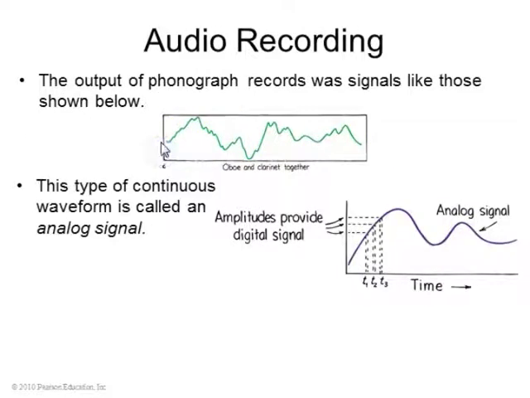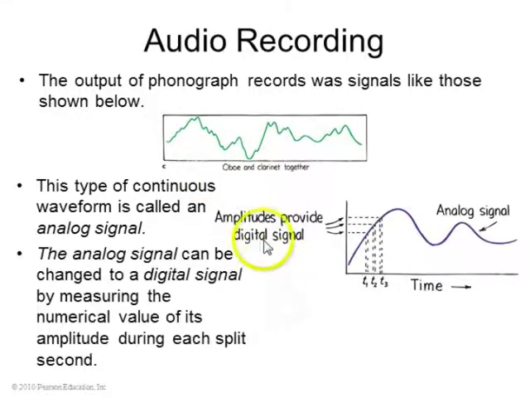So an audio recording is simply a way of recording somehow the pressure versus time of a sound. Okay? This is actually the sound of an oboe and a clarinet being played together. It's some complicated waveform, but a phonograph record actually can record an analog signal which is of this shape, so that when you play it back, that's how it moves the speaker, and that's what we end up hearing.